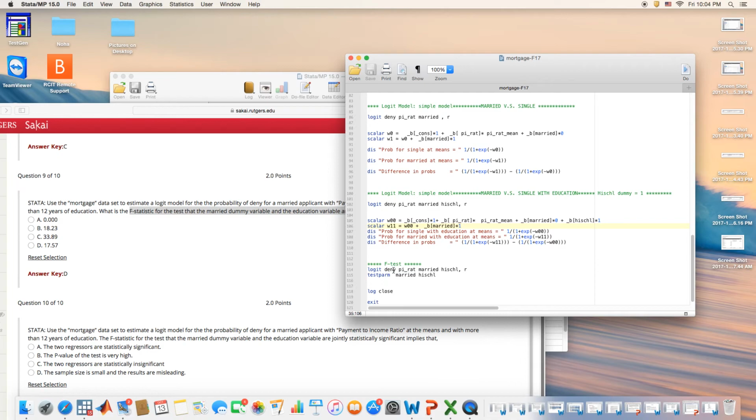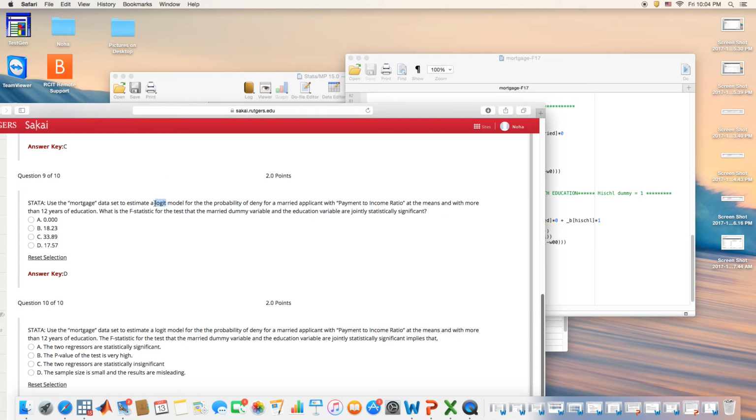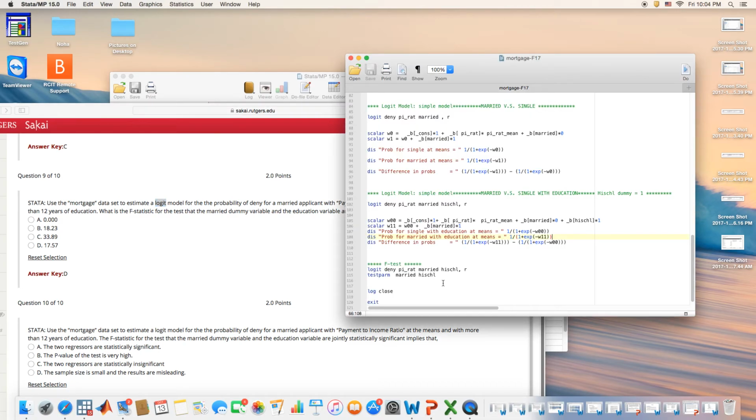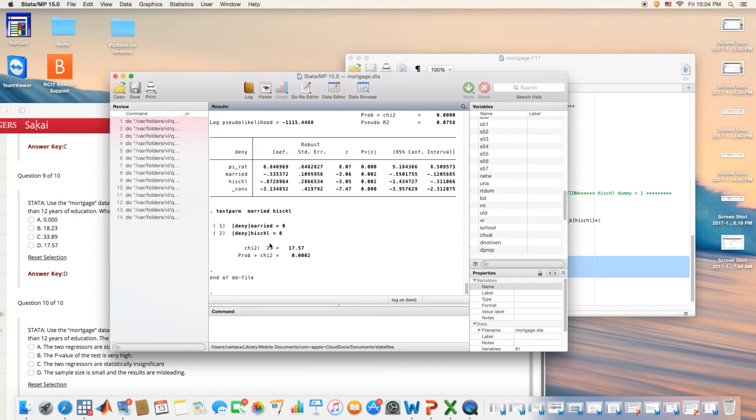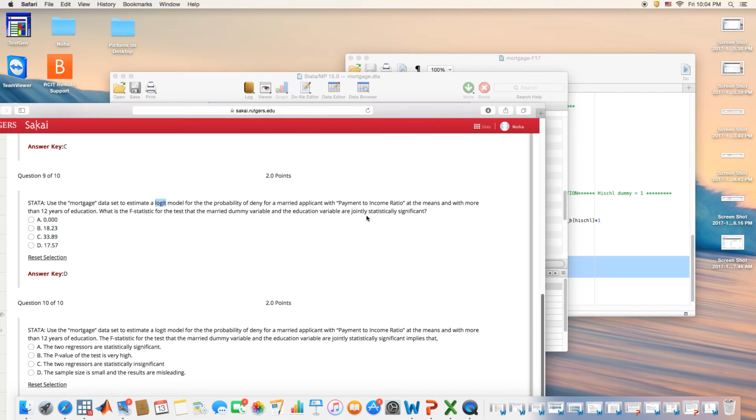You perform an F test, and the F test is, again, based on the logit model, so you need to run the logit model first and then do the F test with the command test PARM. When you run it, you will get the results here. This is the test statistic, the F statistic, which question 9 is asking you about. What is the F statistic for the test? It's right here,